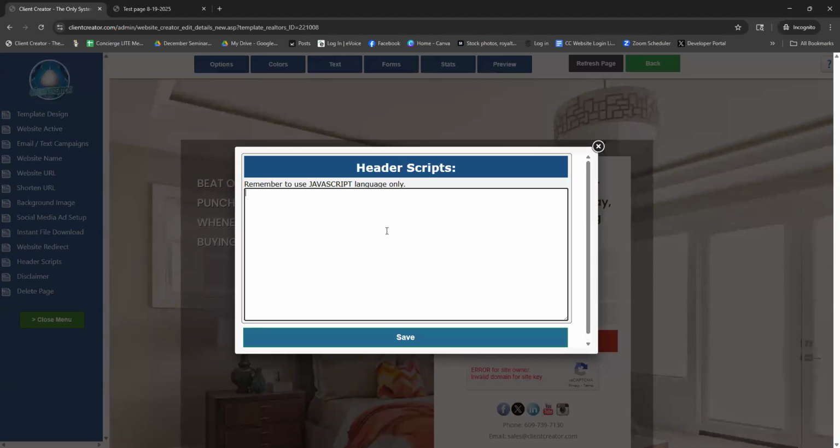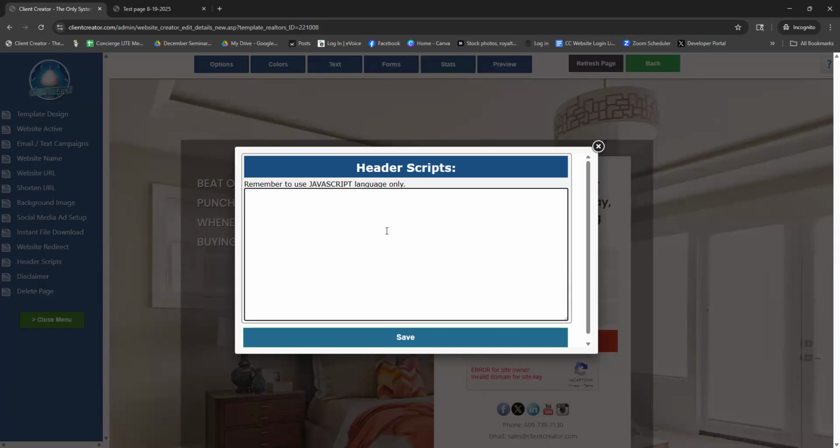The one thing I can tell you is to make sure that it is correctly done, because if you don't have it documented and entered in here correctly, it can make your website pop up an error. So you definitely don't want that. So if you do have a code and you're not 100% familiar with how to put it in here, or you have a pixel code or a Google Analytics code and you're not familiar, send it to us. We'll make sure that the code's good, that it's active and that it's formatted properly,